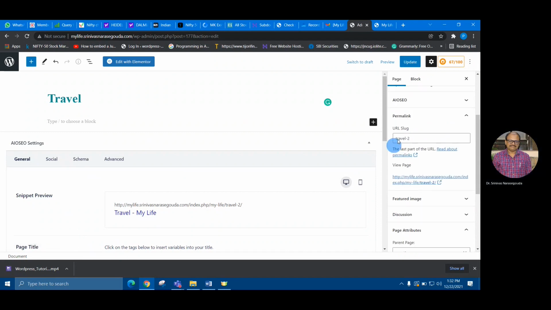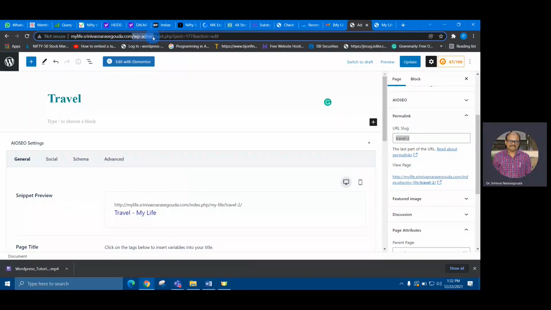First one is the permanent link. What will be used? Suppose if you want a customized one, instead of travel, if you want travel-2, in that case you can mention it here. Suppose instead of travel, if you want some other names, travel 3, travel 4, or travel to Bangalore or something, whatever of your wish. So these things will come as a part of the URL. As you can see here in the URL, after .com, / is there, admin is there. So this URL string will come there. So you can decide which kind of a URL you want.